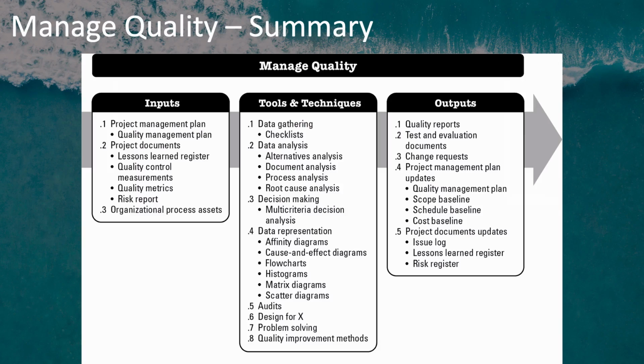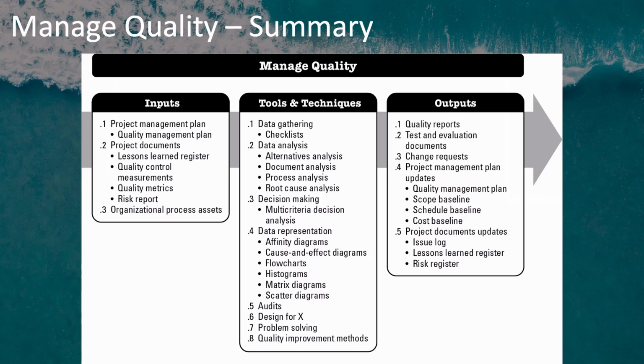The outputs of the managed quality process are primarily the quality reports and test evaluation documents. But you may also need to issue some change requests to make changes to baselined documents. Inputs are primarily your quality control measurements and quality metrics, as well as your quality management plan. And tools and techniques, there are several different tools and techniques, from data gathering and data analysis to analyze issues, decision making, data representation, audits, designing for specific things, problem solving, quality improvement methods such as the PDCA cycle